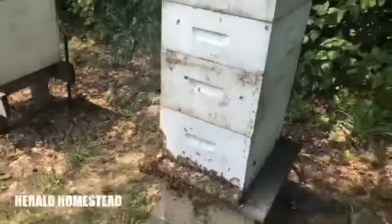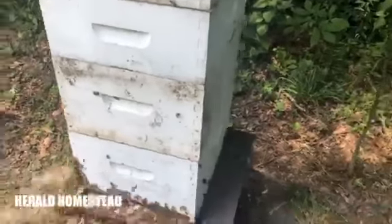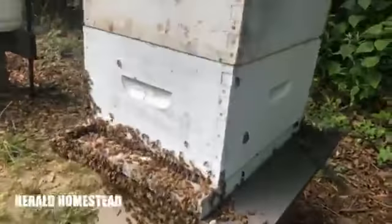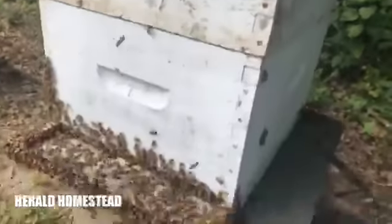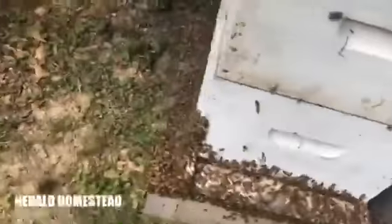Hey everybody, I wish I could show you more frames from this specific hive. I just added this box here. It's totally empty. It gives them an opportunity to build. And unfortunately it's honey bound, especially here and here. There's a lot of honey, which we're thankful for, but the bees are currently outside because they're a little mad at me